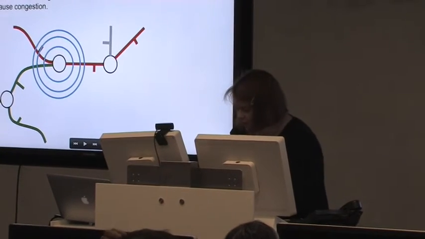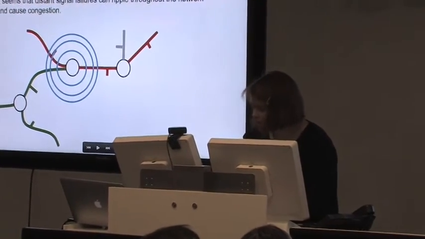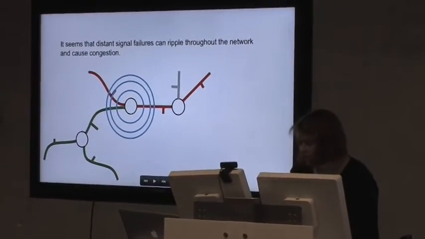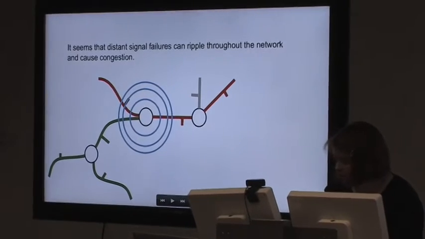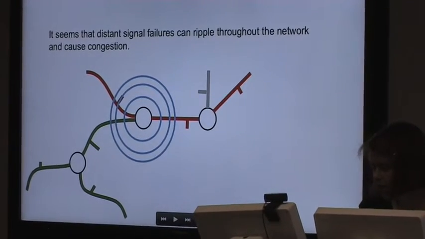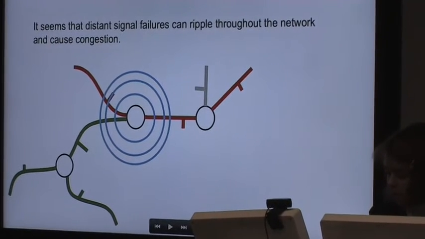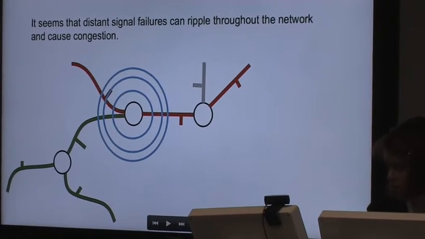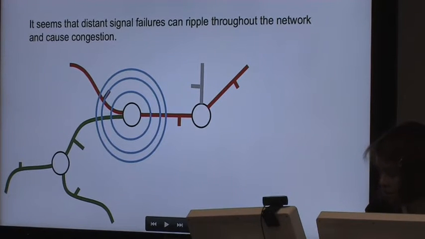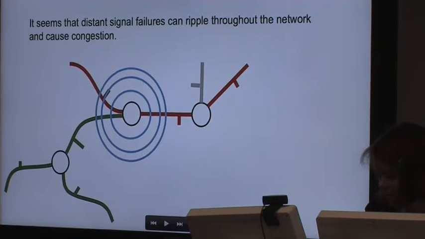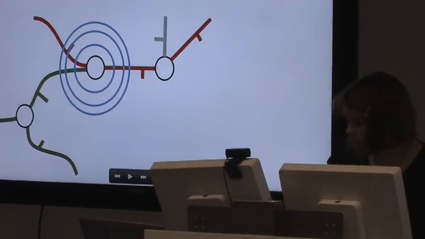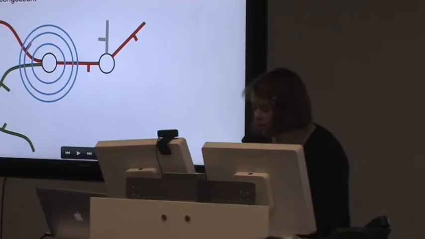So it seems to me that sometimes on the tube network, you can have distant signal failures or congestion on distant lines that can then ripple throughout the network, because people are routed from one particular section of the network to another. Thus, even though your particular area of the underground network is working well, the extra pressure from all the commuters coming from other parts of the network that aren't functioning very well can cause congestion.